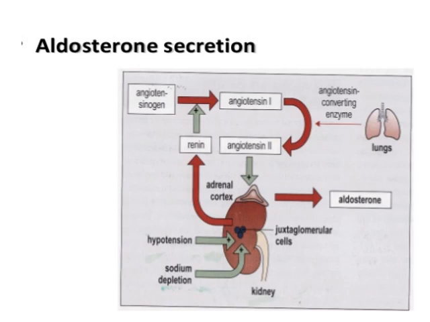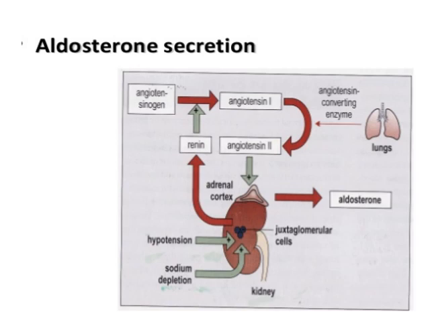This is the pictorial demonstration of the aldosterone secretion and mechanism. Under hypovolemia, hypotension or sodium depletion, osmoreceptors are present in the kidney. They sense these changes in the electrolytes in the blood and also the volume. The juxtaglomerular apparatus is present in the kidney and it releases renin. This renin acts on the angiotensinogen.